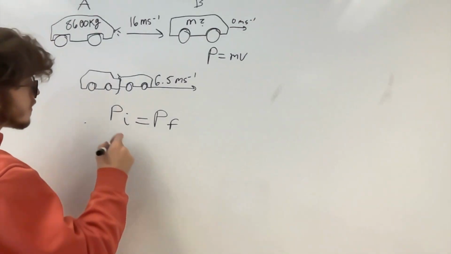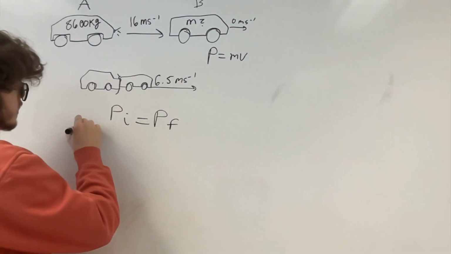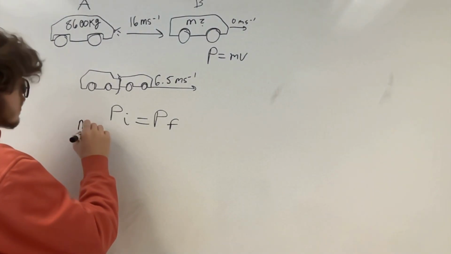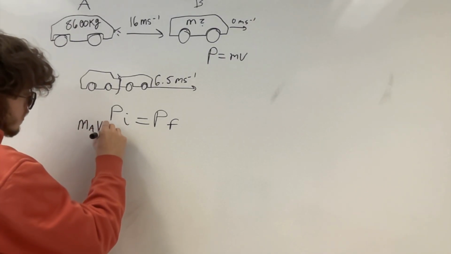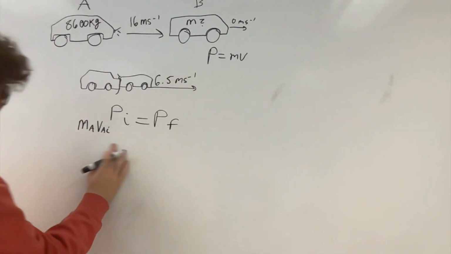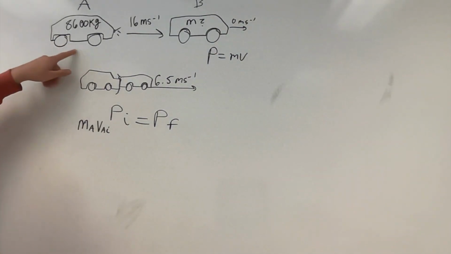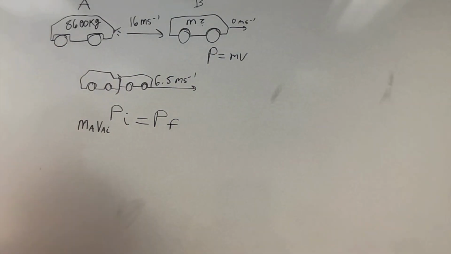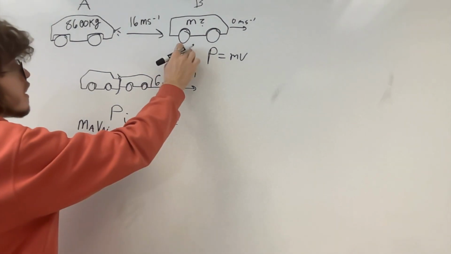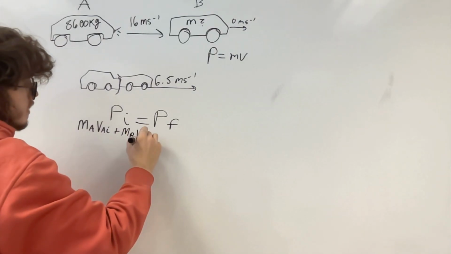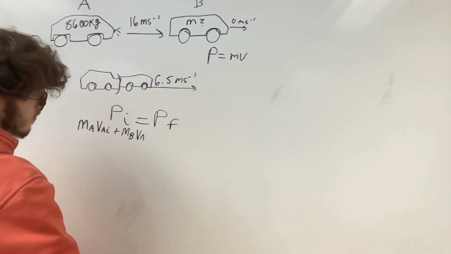I'm getting ahead of myself. So the mass of A times the velocity of A initial, right? So this is the initial momentum of this car. I'm going to add that to the mass of B, right? And its velocity initial, v B initial,